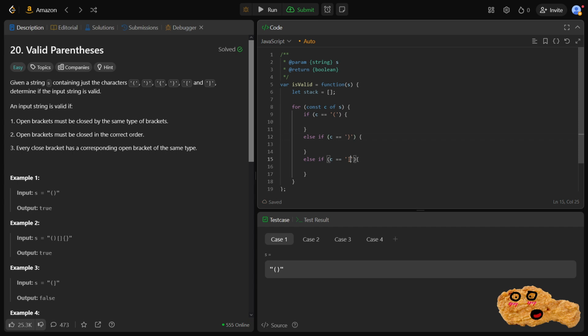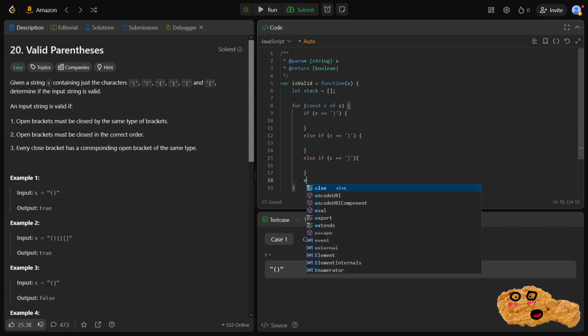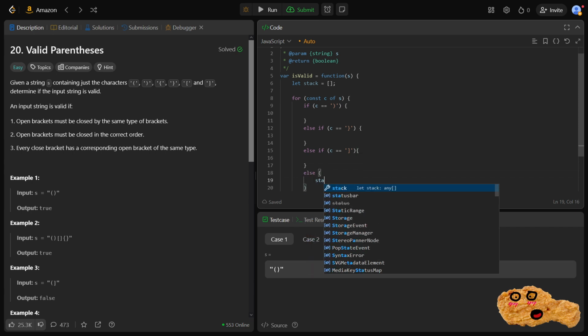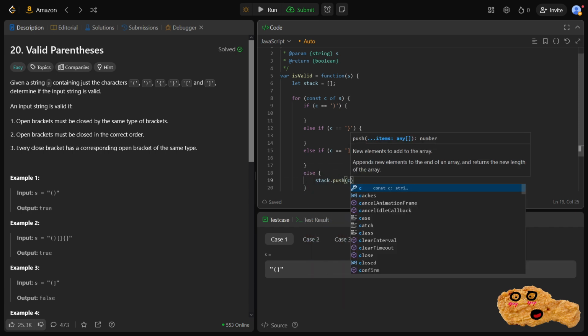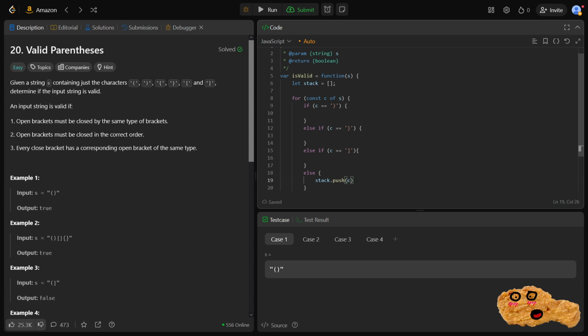Actually, do I need to do this comparison? I could probably just check the stack to see if it matches, but it would need to be a closing one. So as long as it's a closing one, yeah, okay, so I think that makes sense. So have that, else we're just going to do stack.push of c. So the else case is for if it's an opening, but if it's a closing,